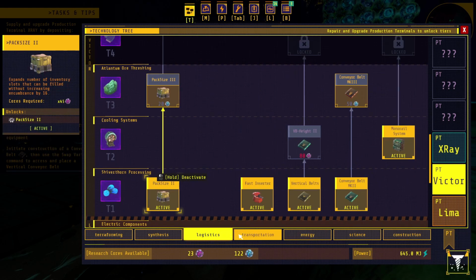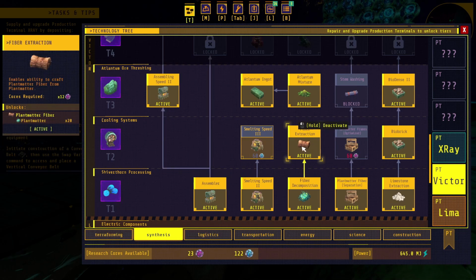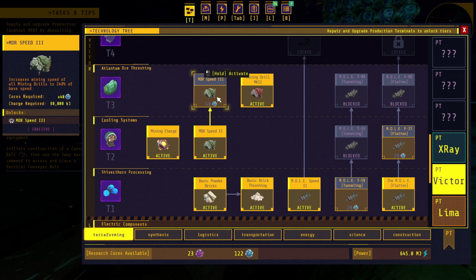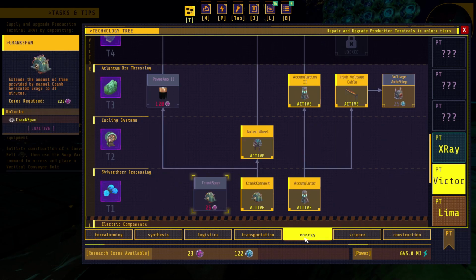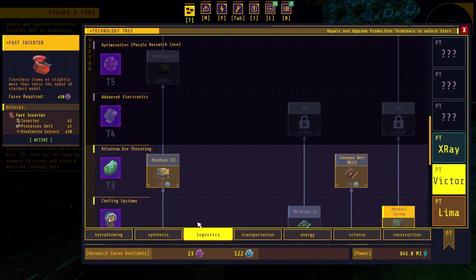Where was I? There was something here that I was going to unlock. I did unlock this one, the fiber extraction, so I do have some plant matter working. We've got smelting speed, we can do 150% smelting, mining drills 240%. There's a couple here that I wouldn't mind doing, but what I really want to get to, and I don't have the thing yet, is I want to get